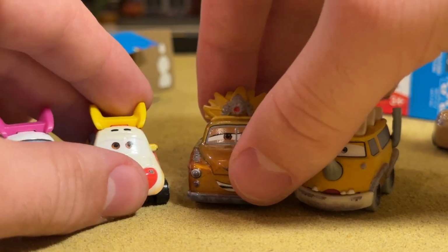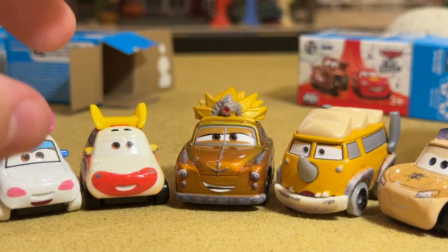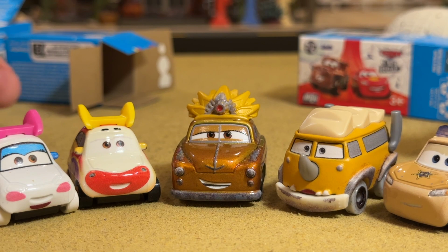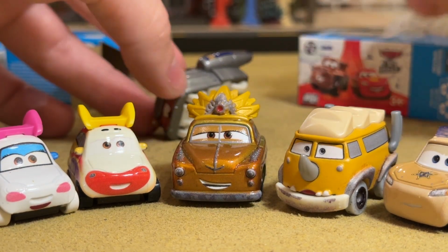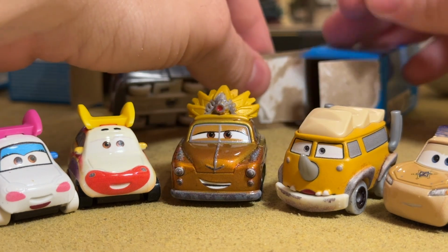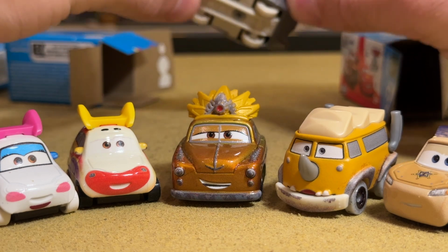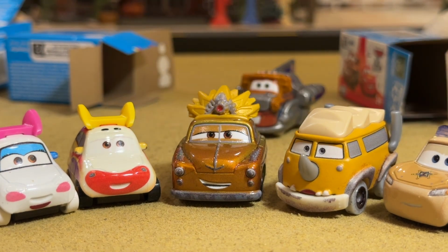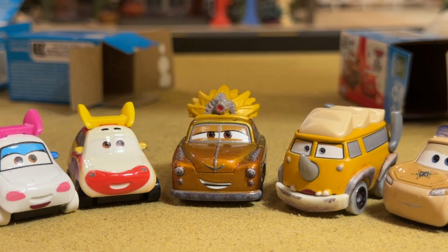Mater kind of on the tippiness of my fingers, like on the very edge. And the door kind of sprung up a little bit. Like I had them like this, kind of like that almost. And the door just came up. Like imagine this is the door. It sprung up and it knocked him out of my hands. He fell behind my desk because this is not in my studio. It's downstairs by my desk. He fell behind my desk, which is probably about a